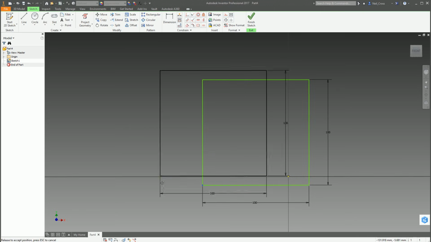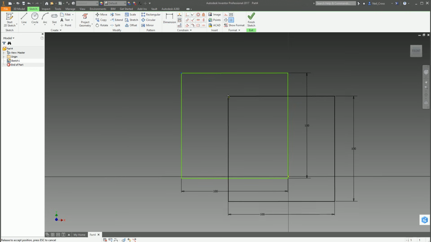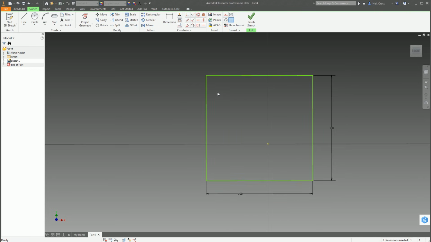And it will be. You can drag it around. It's now forced to 100 mil. If you select that dimension, hit delete on the keyboard, that line is now free to be any length it wants. But as soon as you create a dimension on here and then make it 100 mil long, it's numerically forcing that object to be that length. So it's still a constraint, it's just presented in a different way.